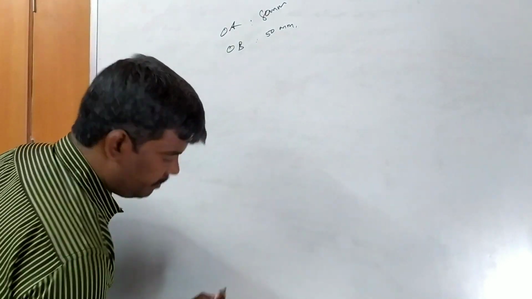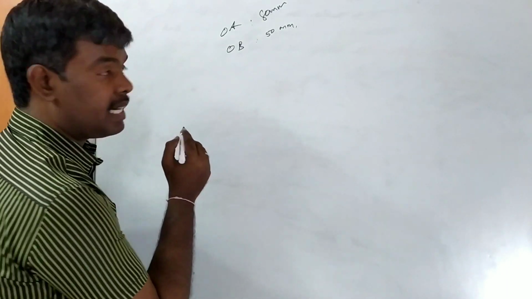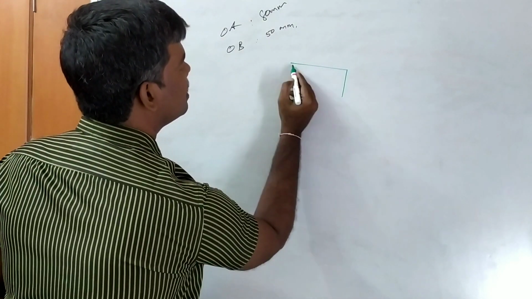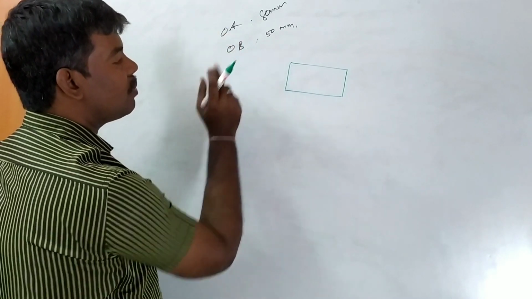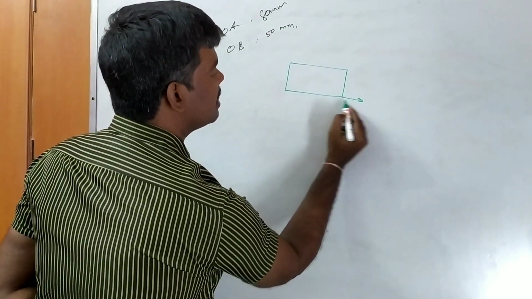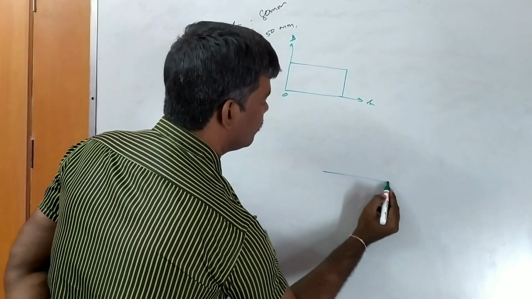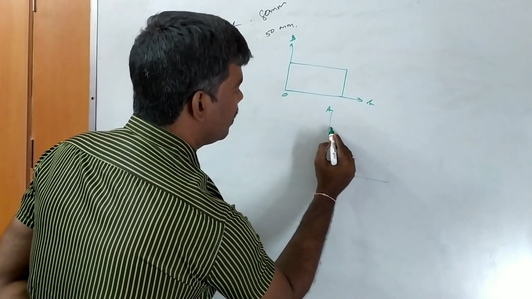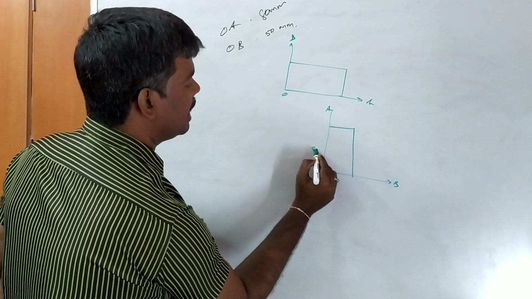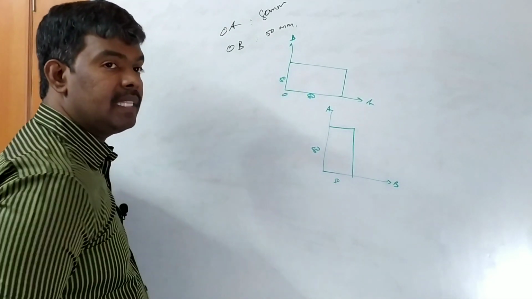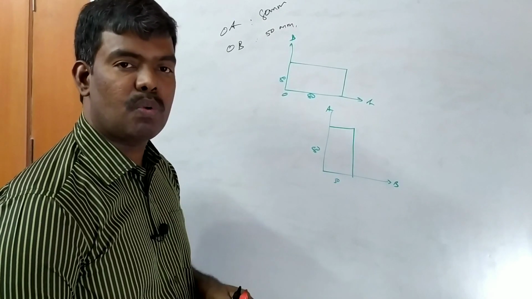First, the name itself says it is a rectangular hyperbola, so it is 80 by 50, one rectangle. Here they specifically mention OA and OB. So let us consider this is OA and this is OB, or otherwise this is OA and this is OB. This one is 50, this one is 80, or otherwise this is 80 and this is 50. Either the rectangle is horizontal or otherwise vertical.